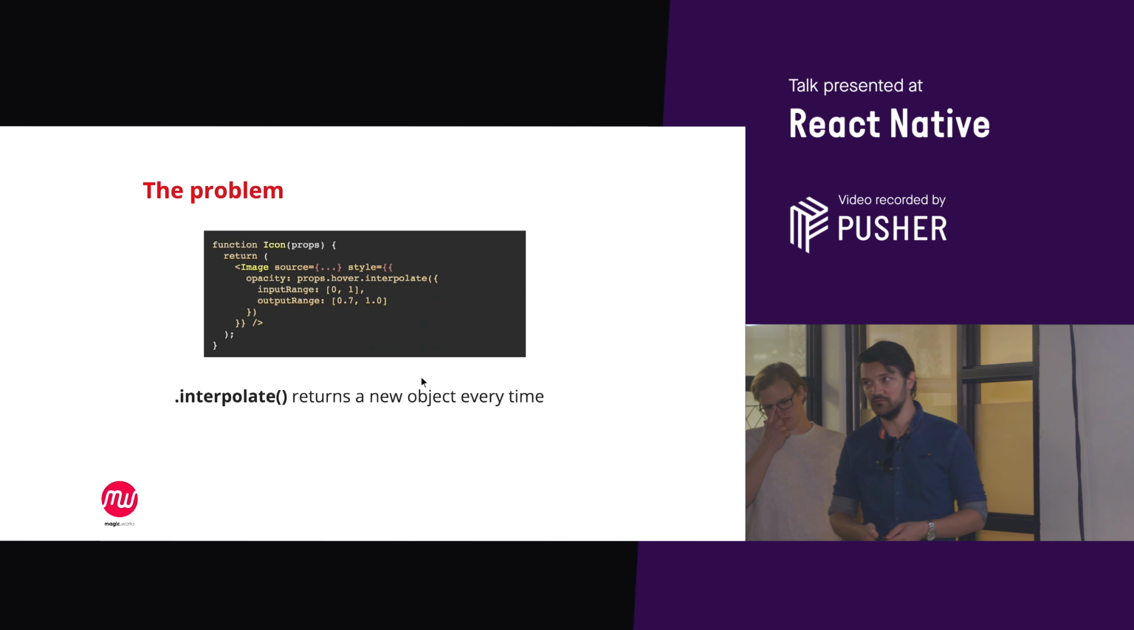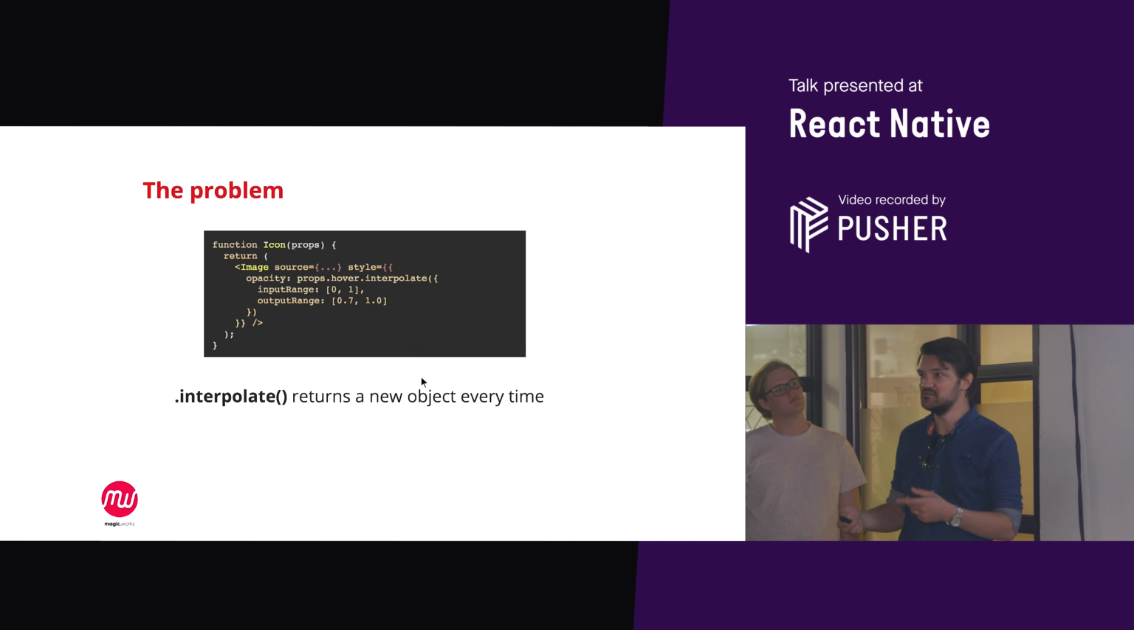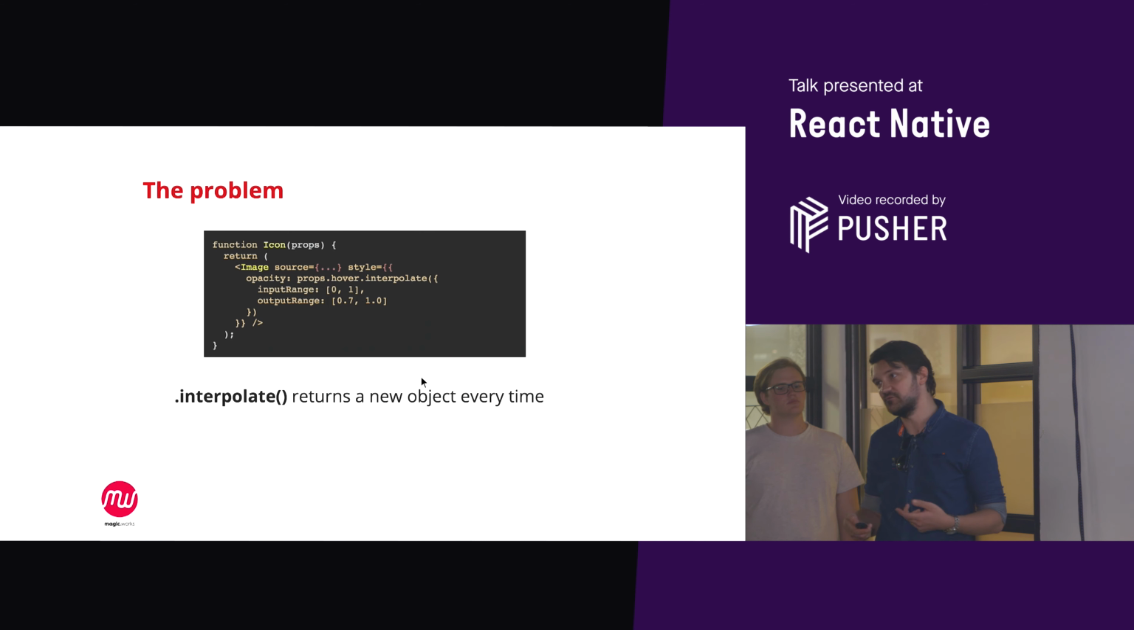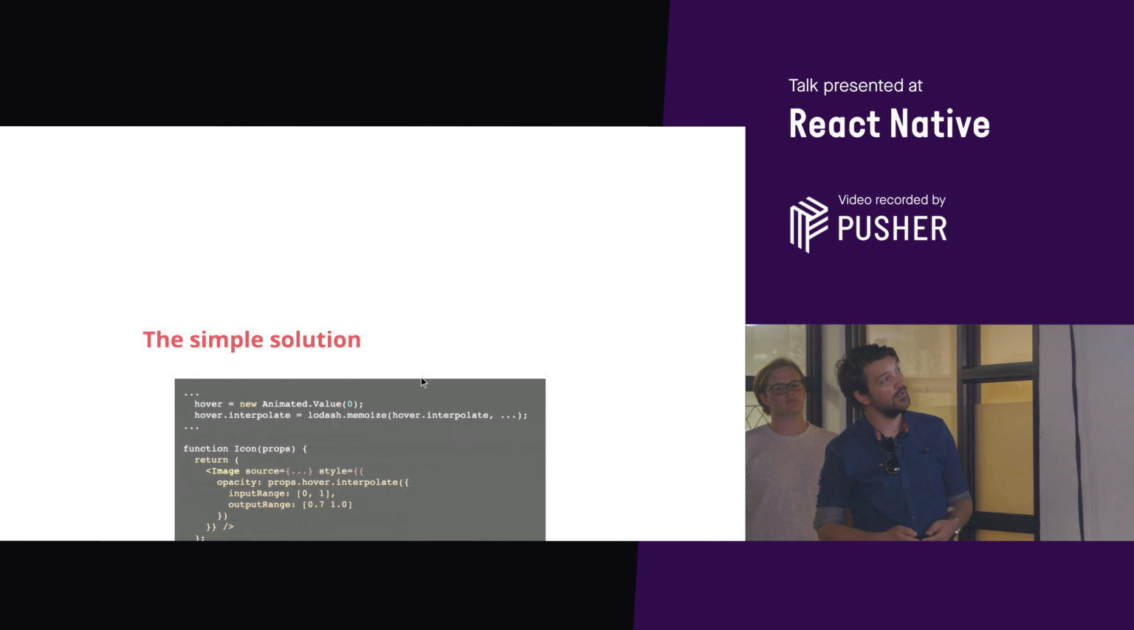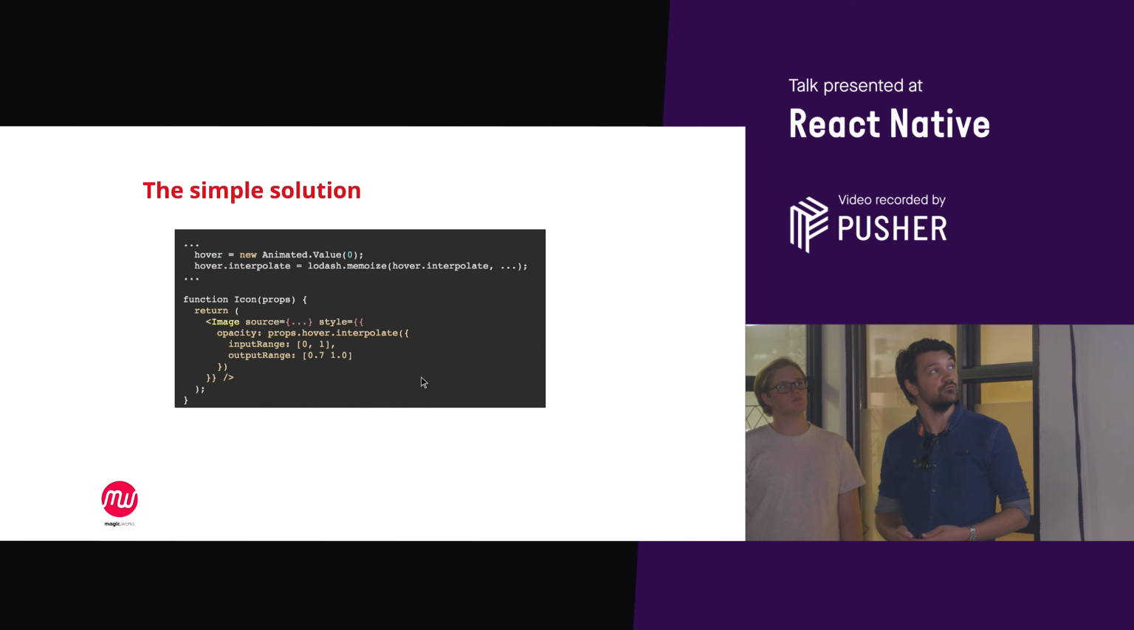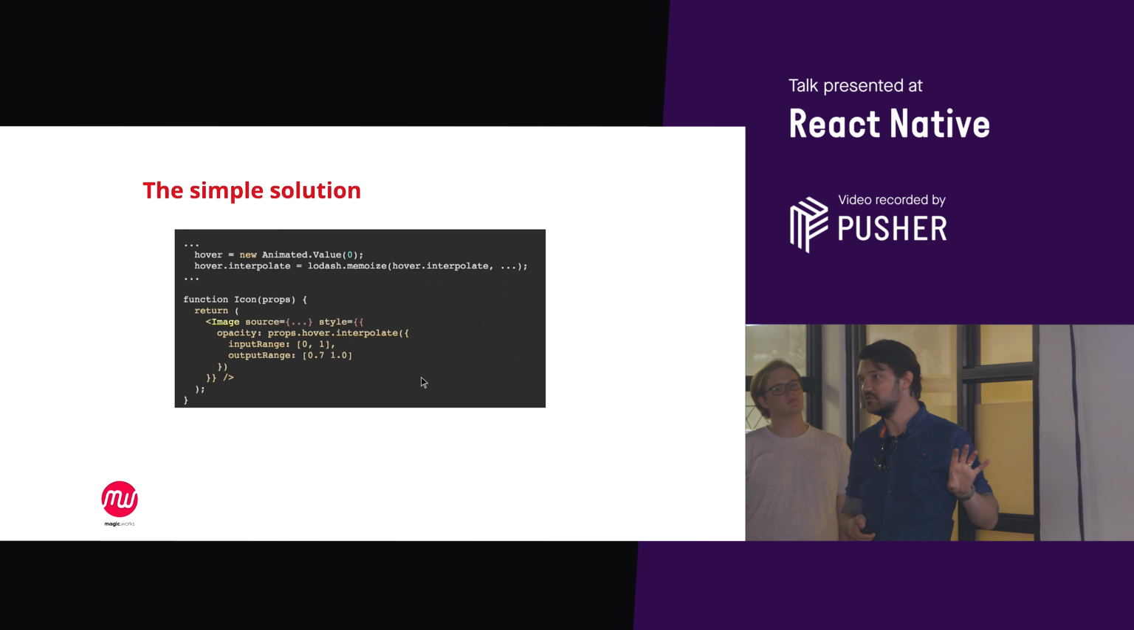So for us, that created a problem where we didn't want the latency of interpolating an object and having frames being dropped. So a simple solution is to create the animated value and memoize the interpolate function, which seems to work for us quite well. And there's a bit more background of how we solved it. But simply, we were able to